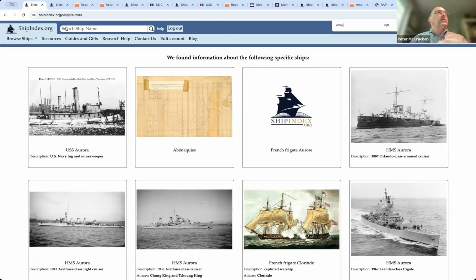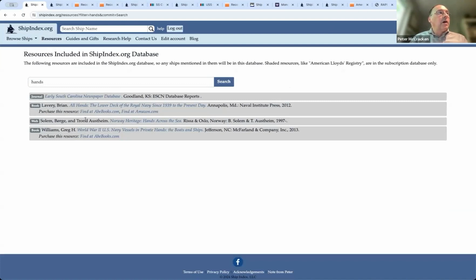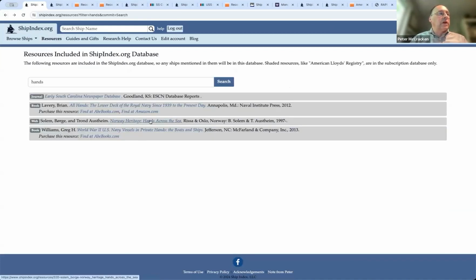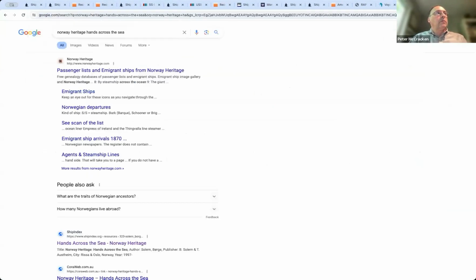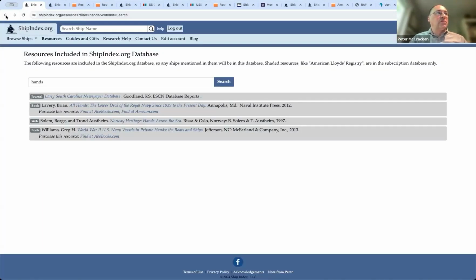So, let's see, here's one, great, let's see if I can find this. Hands Across the Sea. Okay, Norway Heritage. I thought that was going to give me a link to the resource itself. This is a resource, norwayheritage.com. Okay, I'm sorry, this is in English, but it is looking at Norwegian vessels. But I guess that was my point. We're just interested in